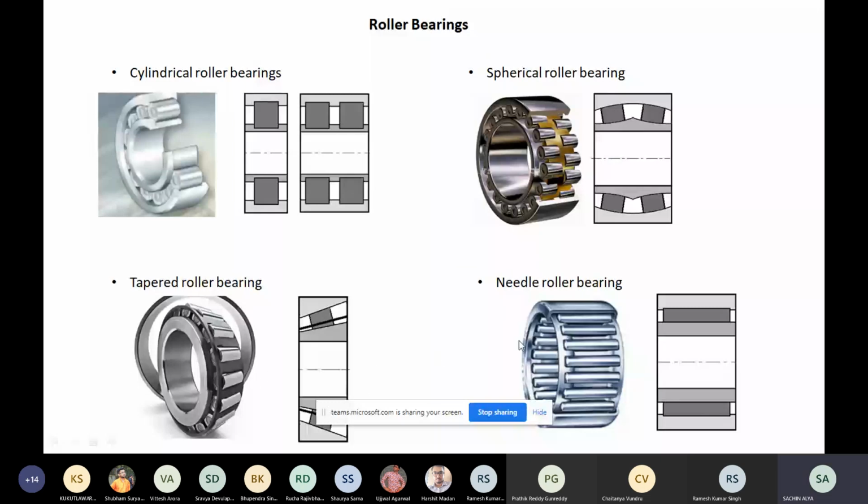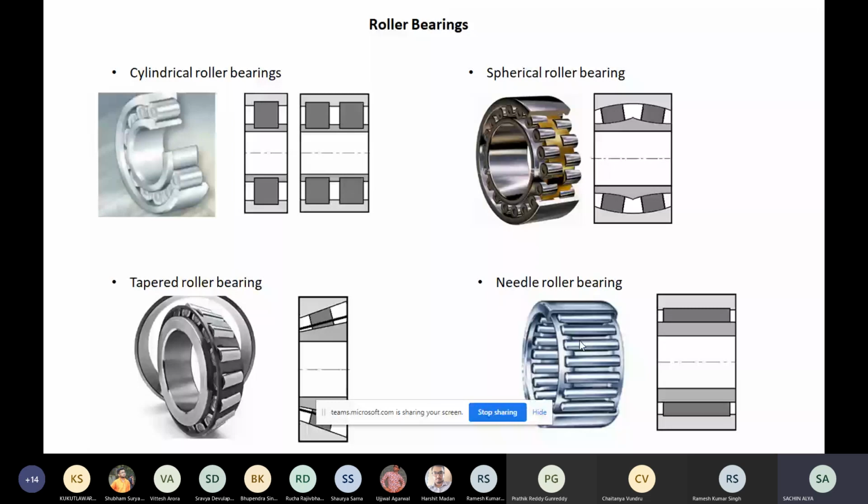The third one is needle roller bearing. This is also a cylindrical roller bearing, but the rolling elements, which are cylinders, are of very small diameter and very long. So there are thin cylinders placed all over the bearing.